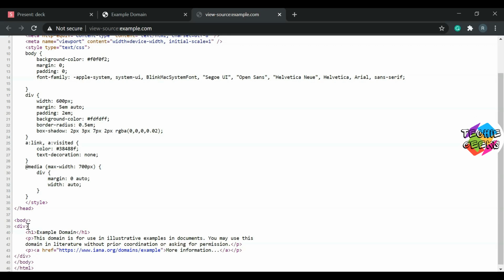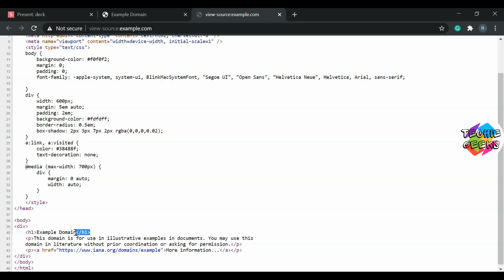Inside the body tag, we have a div tag. Div stands for division, and if we are creating a web page and want to divide that web page into different segments, then we can use this div tag. The next tag in the row is the h1 tag. The h1 tag stands for heading 1, and this is the closing tag for h1.